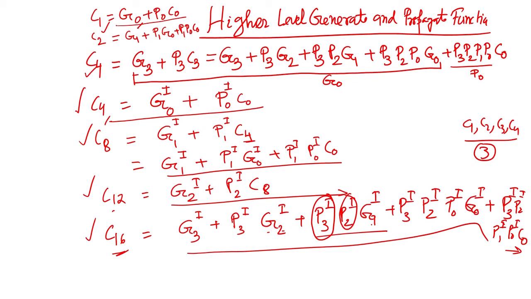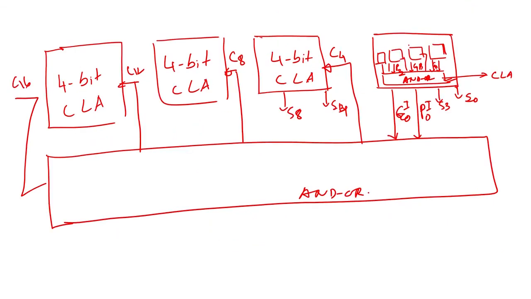What is P3, P2? If you clearly see, this is G0, this is what? How you are getting G0, and this is P0, this is AND, that is C0 you are putting AND, and this is individual AND, this is individual AND, this is individual AND, and then OR. So, therefore, in this circuit whatever you are getting is nothing but AND OR. So, it will take 2 gate delay after generating G0 P0. Okay. So, you have C0.